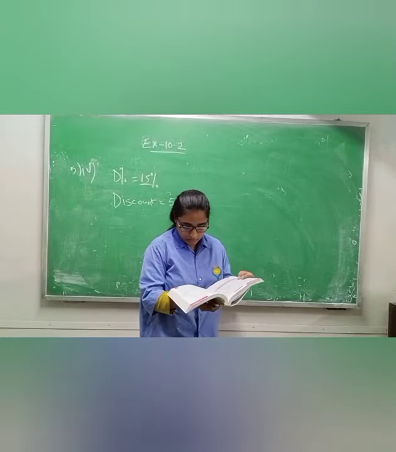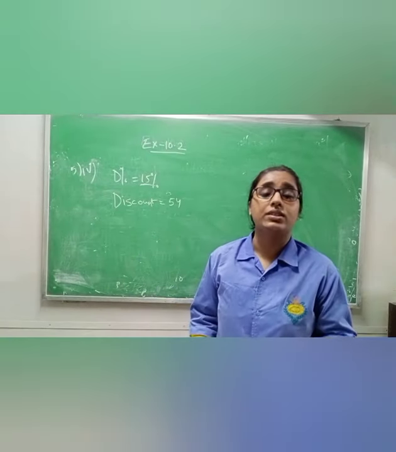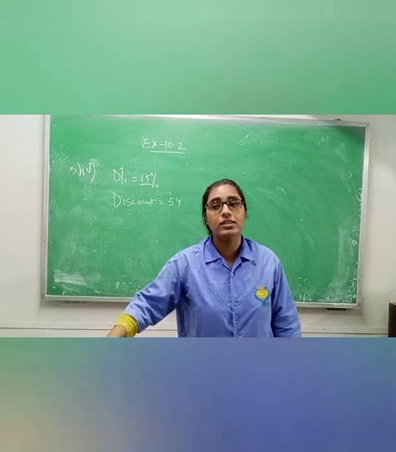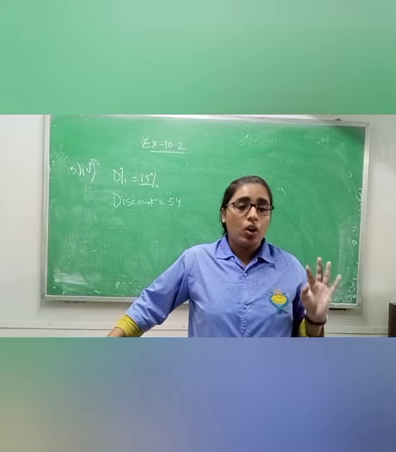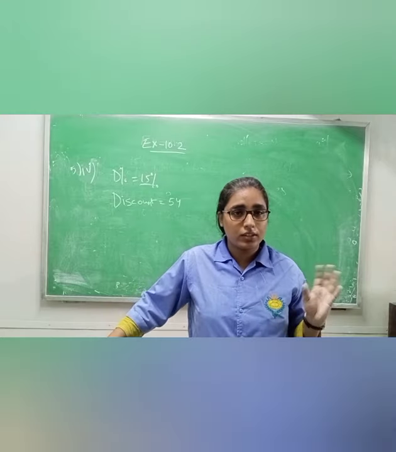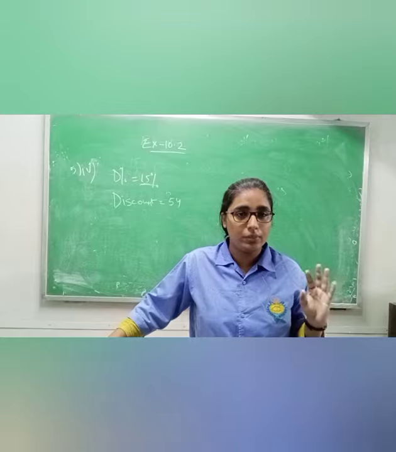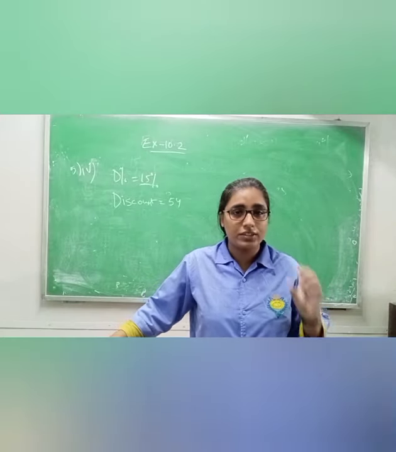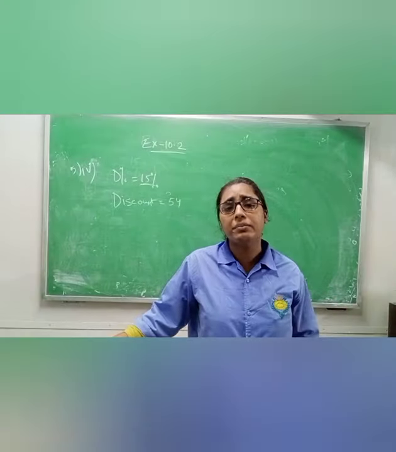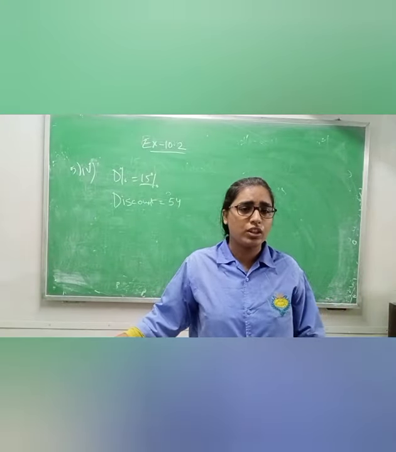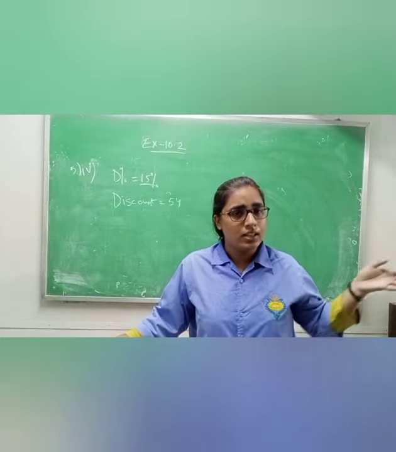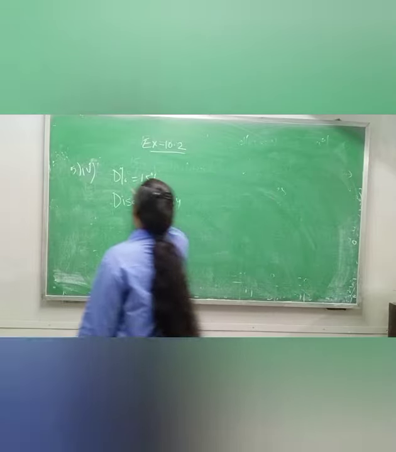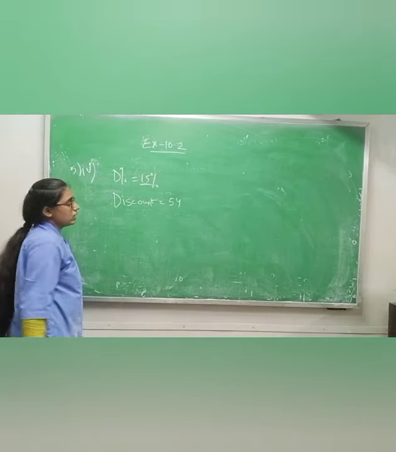How much was his electricity bill? Means what is the marked price? Why marked price? When you get an electricity bill, you all have seen that at your home each and every month an electricity bill will be there. At that time some amount of money is written in the electricity bill, and that is the marked price. Why marked price? Because it will not change. It is the market value only that is sent by the electricity board. So discount percentage is 15%, discount is 54.